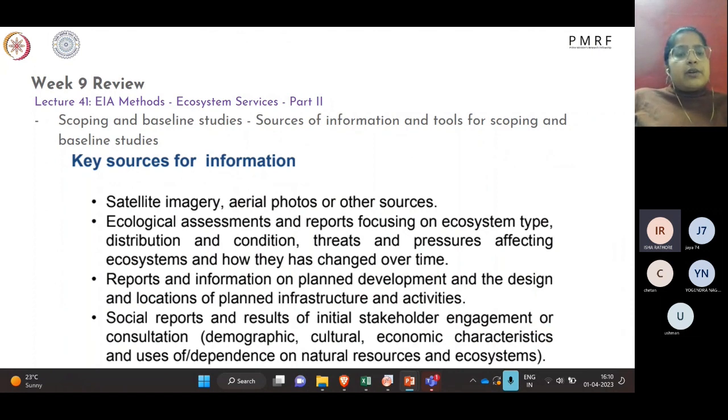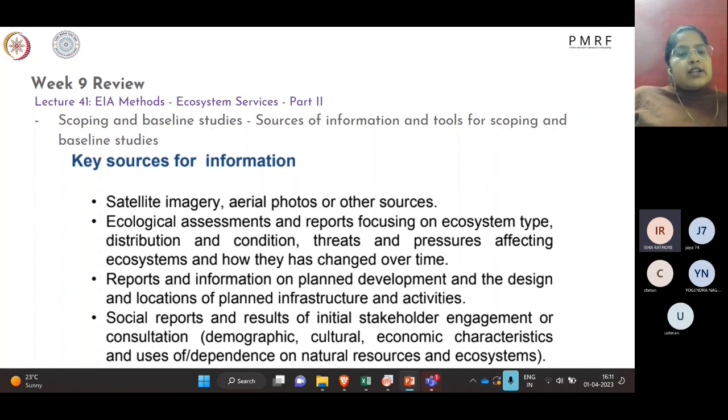And then you can also look up reports and information on planned development and the design and locations of planned infrastructure and activities. So you can look up case studies where such types of developments have also happened, similar to your project or what your proposed project is doing, and then how they have tried to tackle these changes to the ecosystem which their project had made at that point in time. So you can take inspiration from those reports as well and look at how mitigation efforts were planned around these